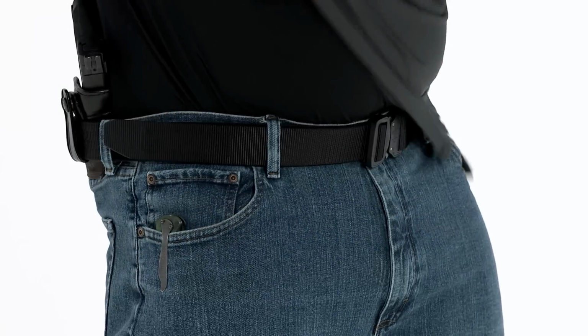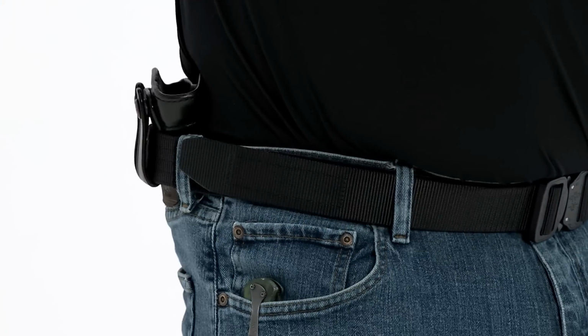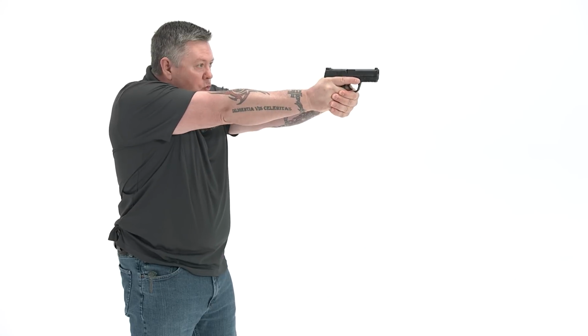To clear the shirt, starting with the draw, the first thing I want to do is use both hands moving together to firmly grasp the bottom of the shirt with both hands, all 4 fingers of each hand, and pull that shirt up high. This gets it out of the way. Now I can establish my firing grip, clear, and rotate as usual. Support hand is continuing to hold the shirt until I come to smack. At this point, I can let go of the shirt, my hands smack together, and I can drive the gun